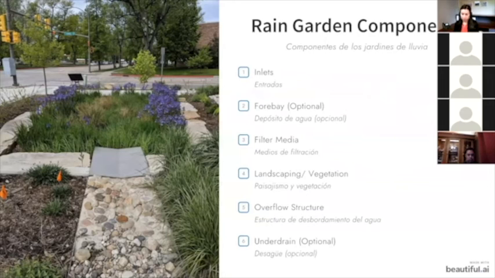The different components of a rain garden: you have an inlet, you have a forebay, which is optional. This is really what you're seeing more in situations where a rain garden is being used as a stormwater control measure for a municipality or an MS4 permit. The filter media, your landscape and your vegetation, of course, you need those plants in there. And then an overflow structure: what happens when your rain garden fills up? Where does that extra water go? And then an under drain, which you may or may not